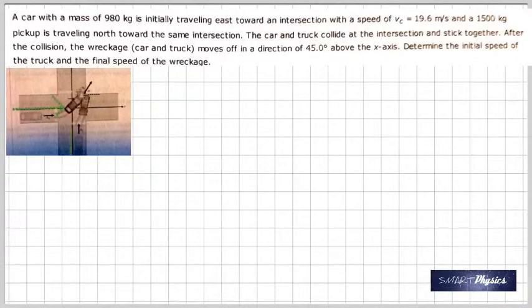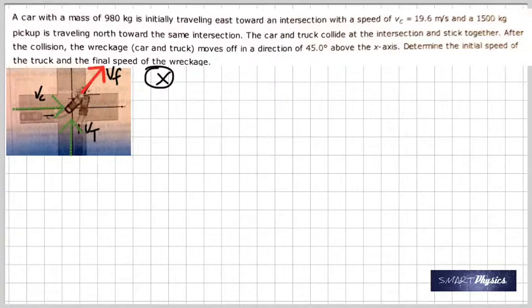Here is another question on linear momentum. Just one question. This question talks about a car with a mass of 980 kilograms initially traveling to the east, that is this one, with a speed Vc of 19.6 meters per second, and a 1500 kilogram pickup, which is this one, traveling north